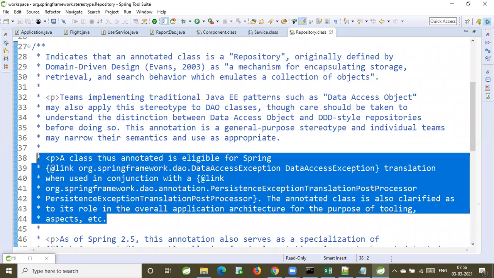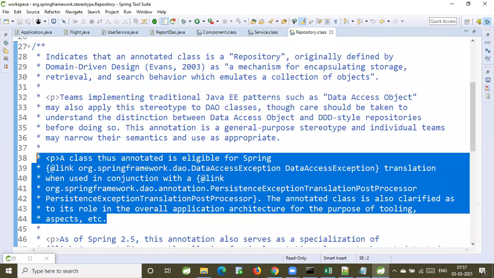Guys, all of you, please go through that. Okay. When you are doing any persistence logic implementation in the project, those classes can be represented by using @Repository.